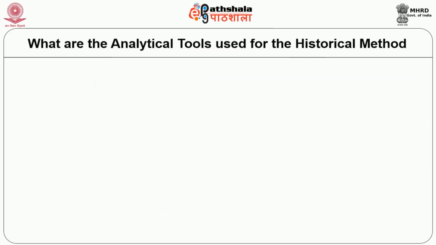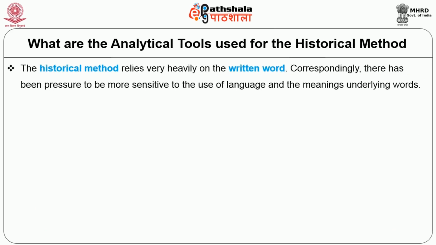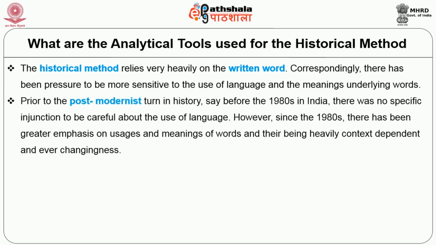What are the analytical tools used for the historical method? The historical method relies very heavily on the written word. Correspondingly, there has been pressure to be more sensitive to the use of language and the meanings underlying words. Prior to the postmodernist turn in history, that is before the 1980s in India, there was no specific injunction to be careful about the use of language. However, since the 1980s, there has been greater emphasis on usages and meanings of words and their being heavily context dependent